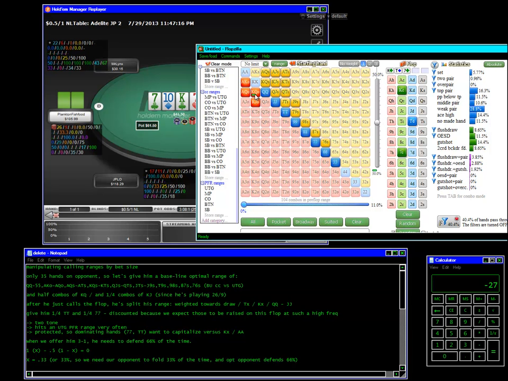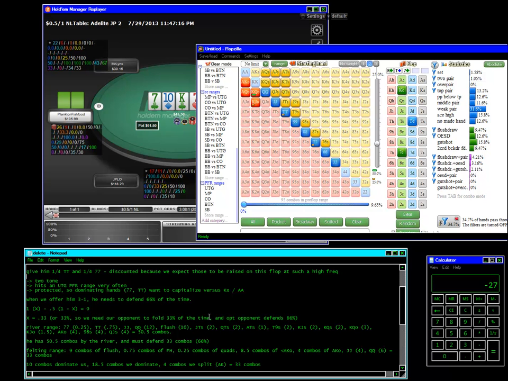So we're going to give him 50% of his King Queen offsuit, and we're blocking that of Ace King just for reference. We're going to give him 25% of his King Jack and 25% of his tens and sevens. Okay. And then from there, we're going to try to estimate how his range is going to constrict or narrow after the flop and all the way up to the river. And so we can assign him a range on the river, and then we can make some pretty accurate estimations of